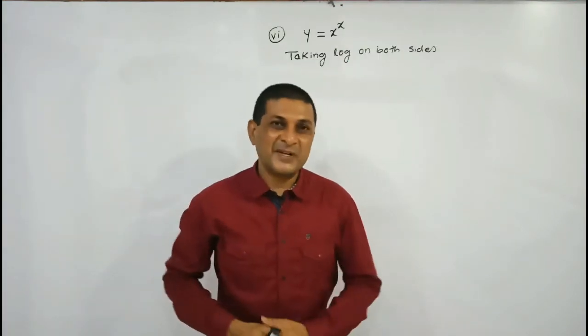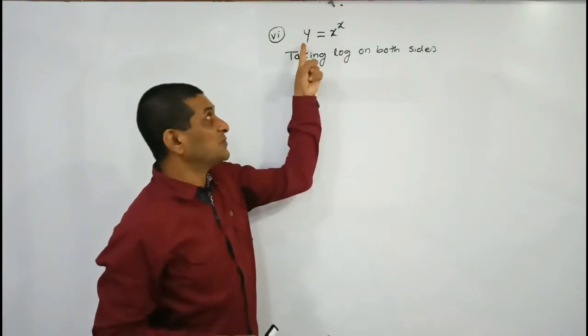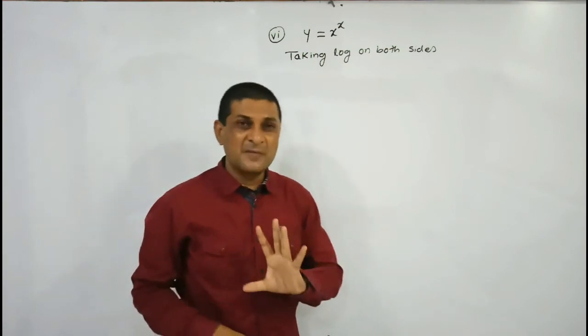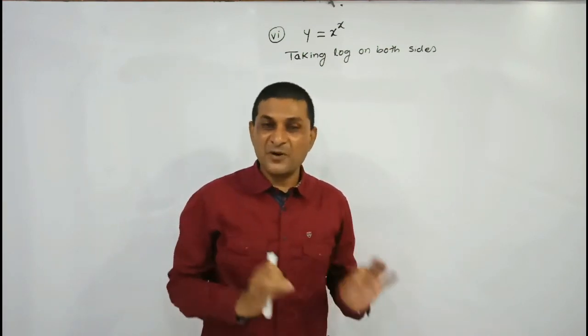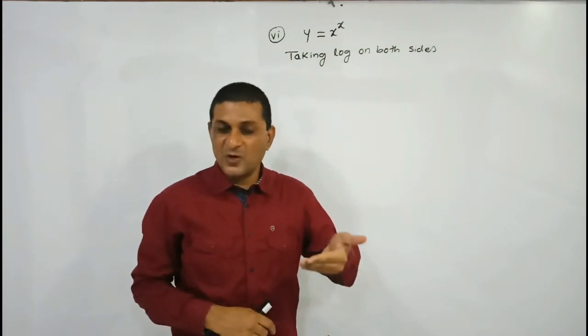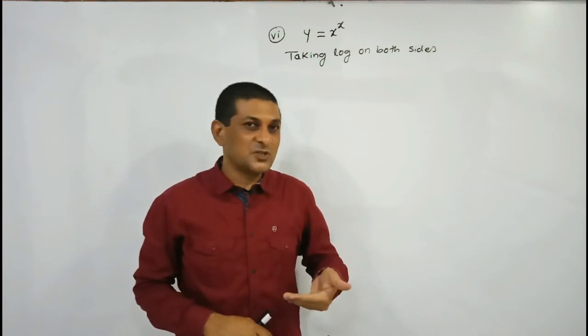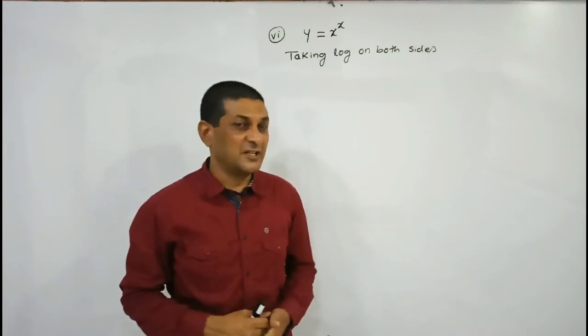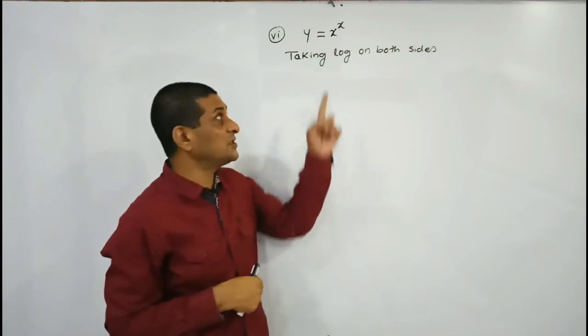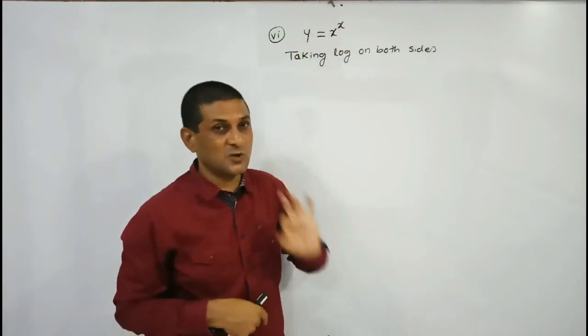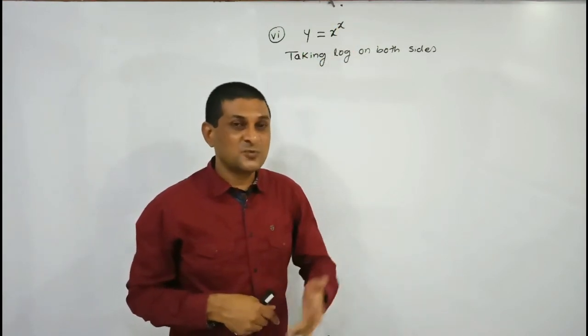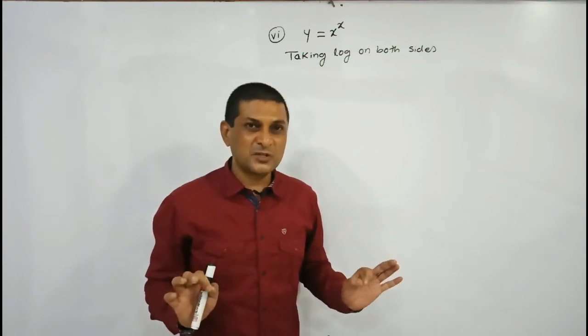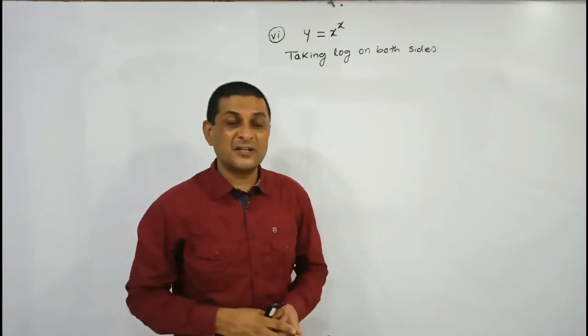Now see example number 6. In this case, the given function is y equals x raised to power x. Many times we have seen the derivative of x raised to power x, when we saw how to find the differentiation by the logarithmic differentiation method. When is this method applicable? If the function is in the form of f of x raised to power g of x. So in this case also we have to apply the logarithmic differentiation method, and what does logarithmic differentiation method mean?